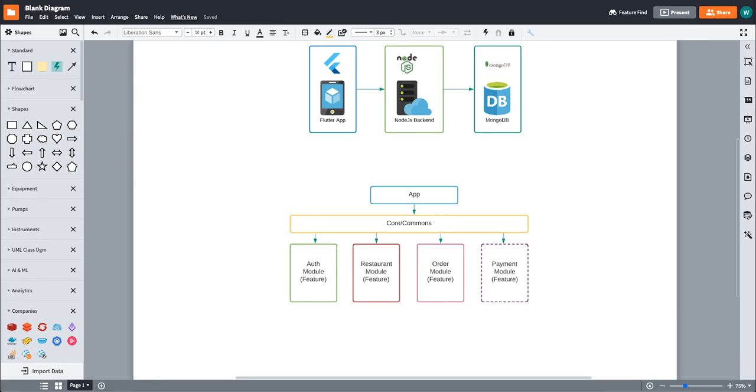And then we'll be looking at three main modules. We'll be looking at an authentication module or feature. We'll be looking at a restaurant module, and we'll be looking at an order module. And optionally, we might look also at a payment module, looking at how to integrate